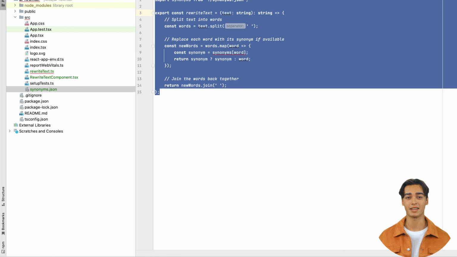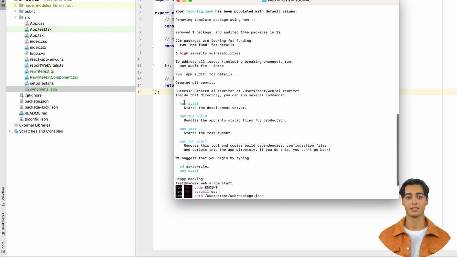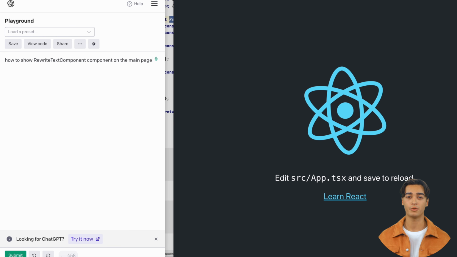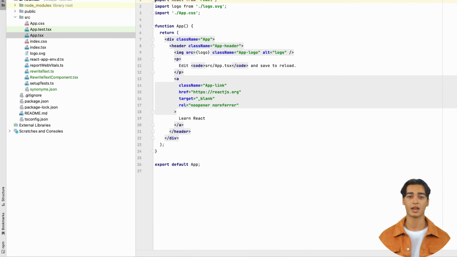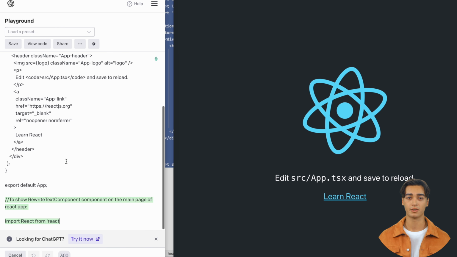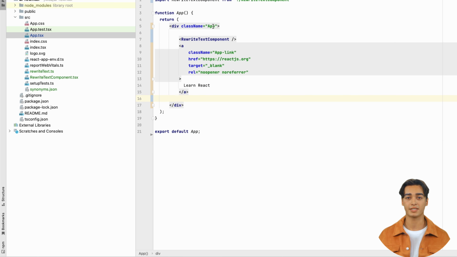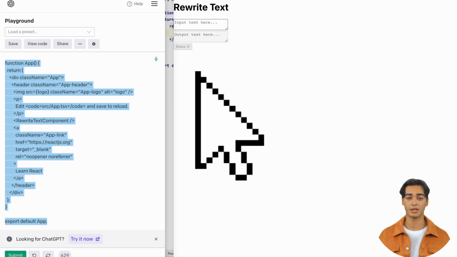Let's start the project and see what happens. All we see is an atom. That's not exactly what we're looking for. Let's copy the code from the App.tsx file and ask ChatGPT to display our new component. ChatGPT will update the file for us, but we'll need to remove the code that displays the atom. Now the project is working,